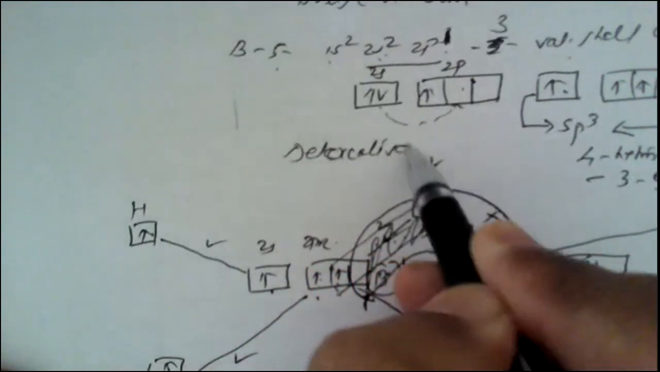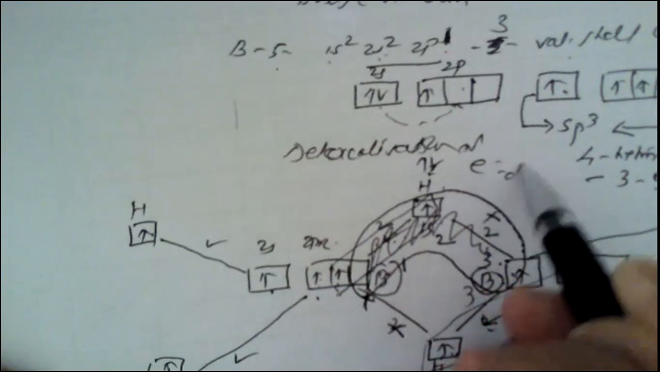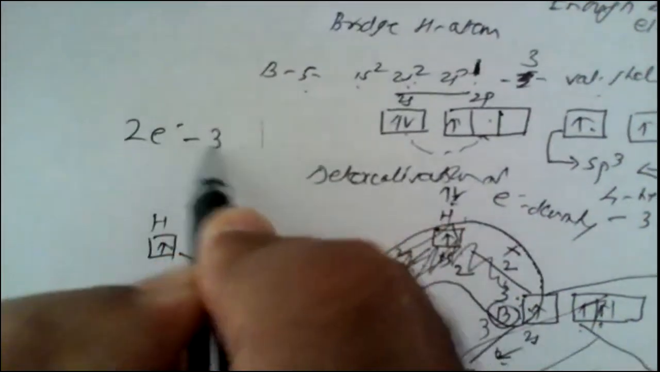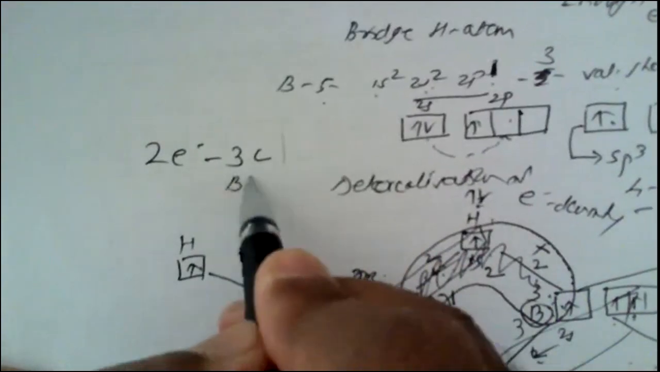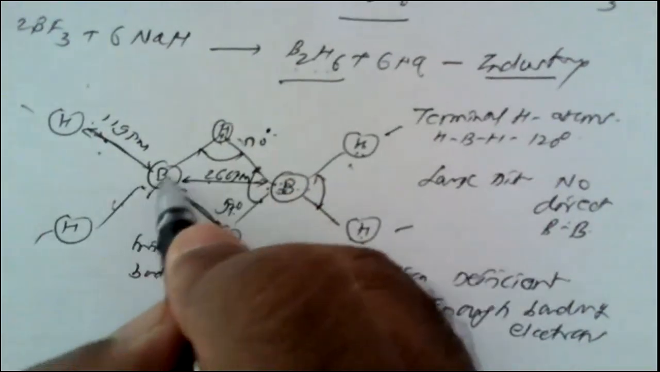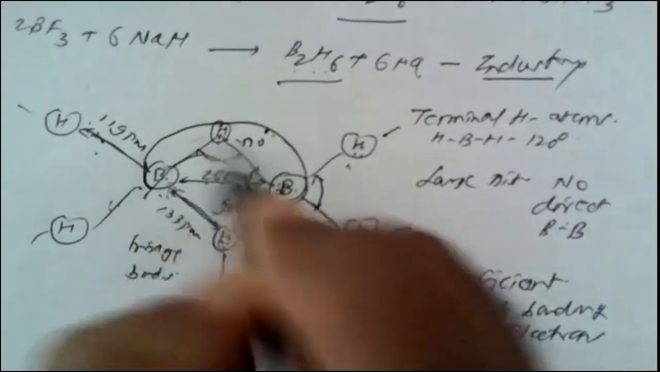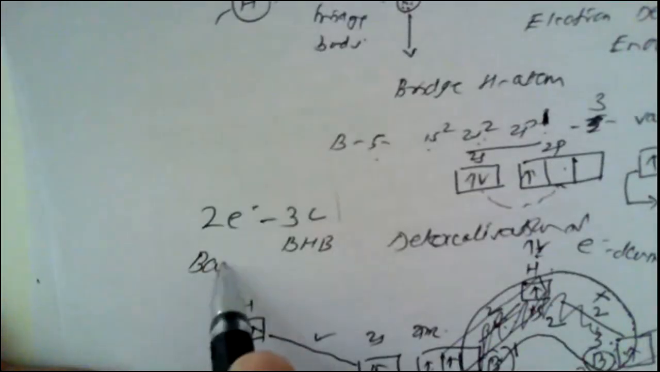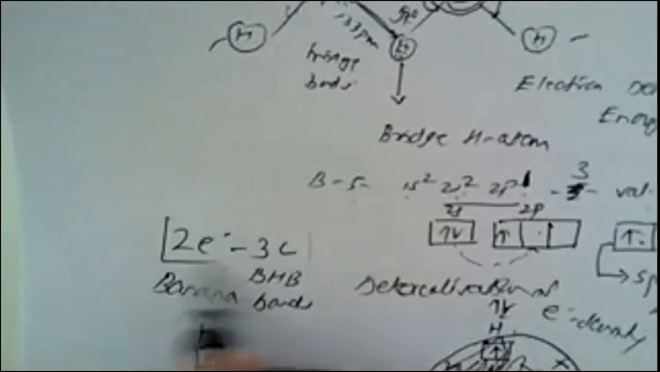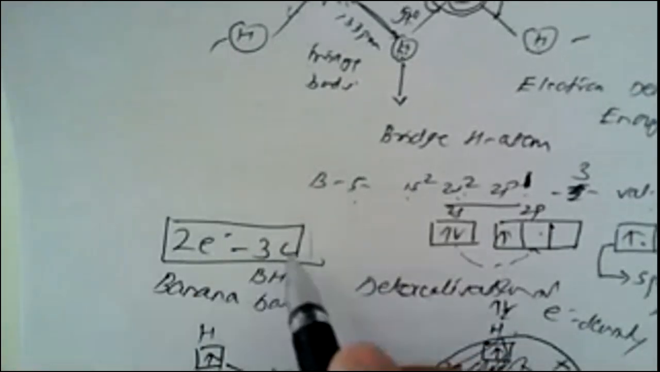delocalization of electron density. So these two electrons join boron, hydrogen, and boron. That means three centers are there. Which are those? Boron, hydrogen, and boron. So this electron density spreads equally, and this electron density takes the shape of a banana, and hence banana bonds are observed. So in diborane, you should remember three center, two electron bonds or 3c-2e bonds are present